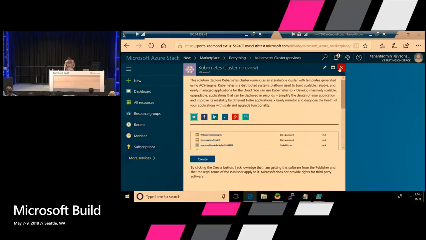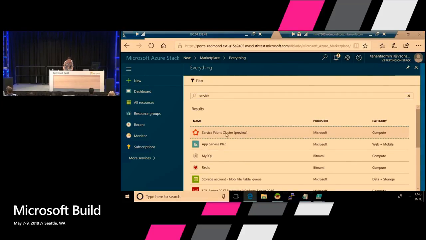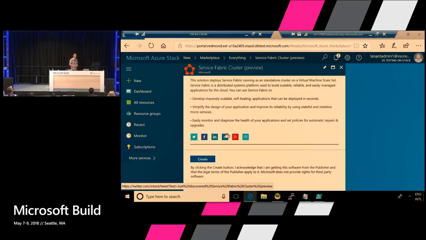And the same thing for other technologies. Service Fabric is another capability that we hear about all the time from our customers. So we do have a marketplace item that enables you to create Service Fabric clusters. Again, we just announced this yesterday.